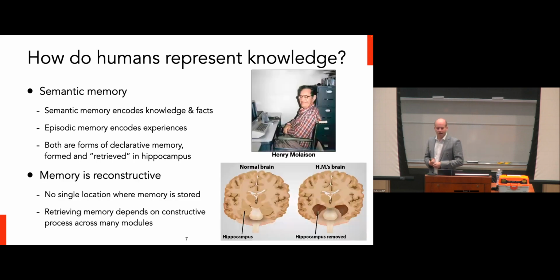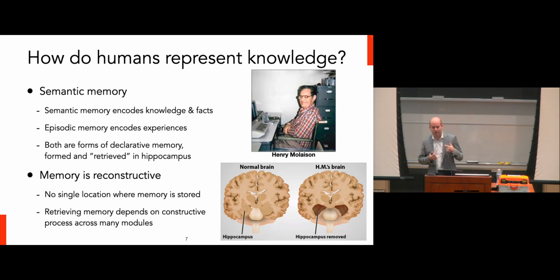And what's interesting about declarative memory, beyond that breakdown that I just gave you, is how these memories end up being recalled. So when we think about memory in a computer science context, we're generally imagining that there's some sort of location where information is stored, and accessing it is all about finding out where that location is and reading that information from, let's say, memory or disk. Unfortunately, human memories aren't actually retrieved in the same classical computing sense. There's no single place that you access a memory in order to retrieve it. Instead, memories are typically reconstructed across multiple areas of your brain as you actually try to recall information.